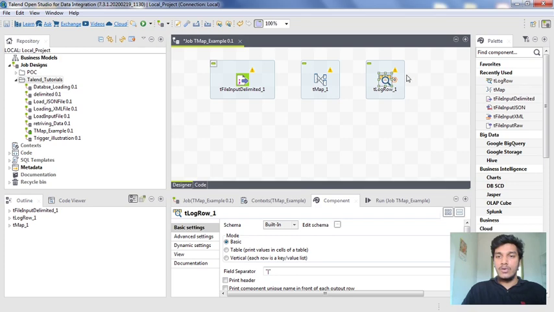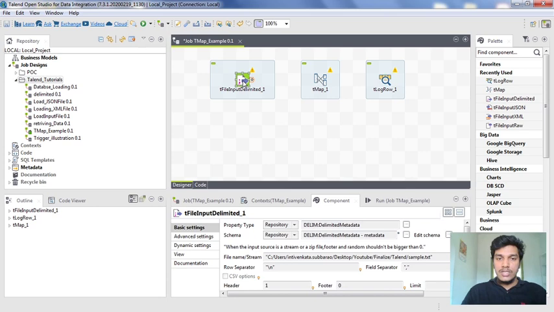Here I don't want to load the data, I want to print it in the console. That is why I have added the tLogRow component. If you want to load the output data into some other file, you can use a tFileOutputDelimited, just the way we used in the previous database examples.